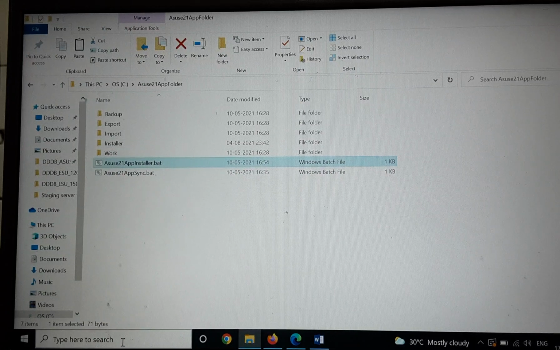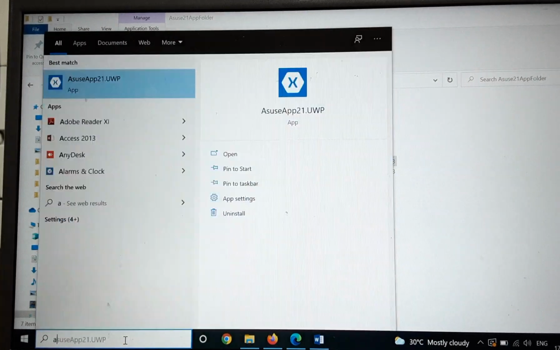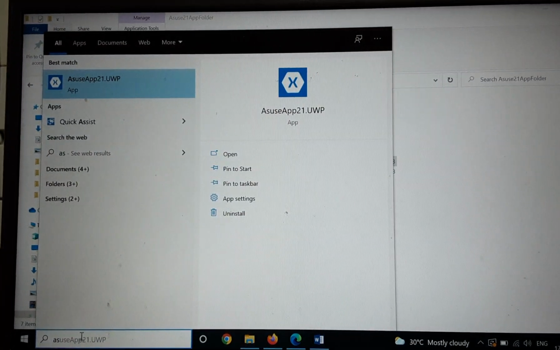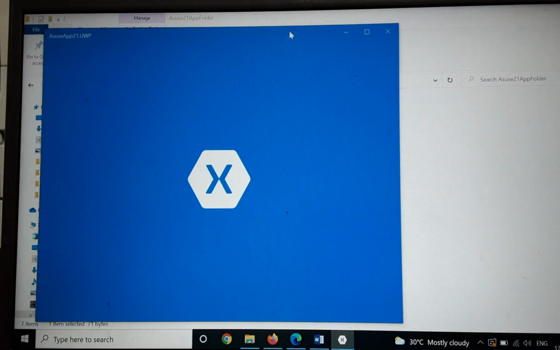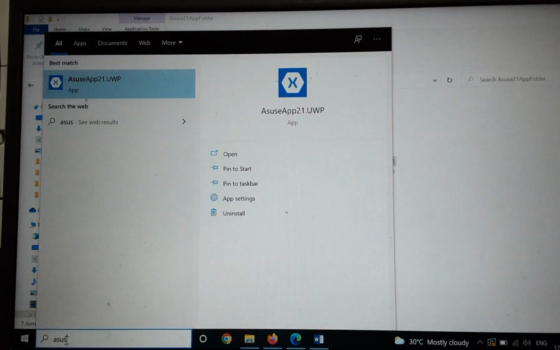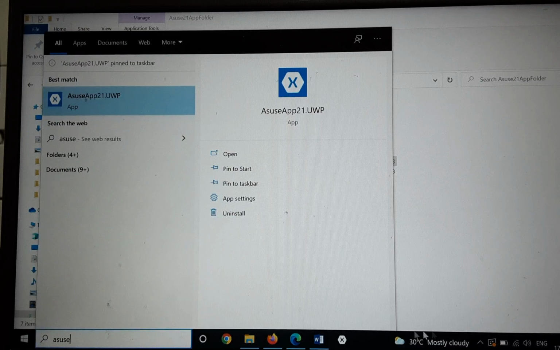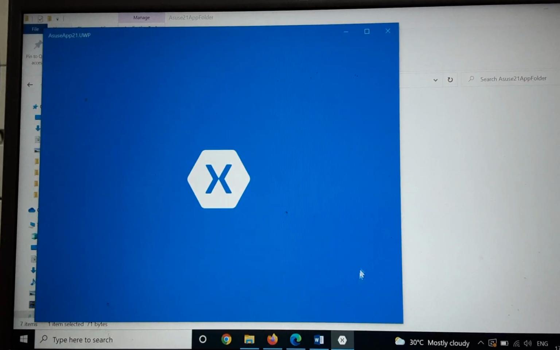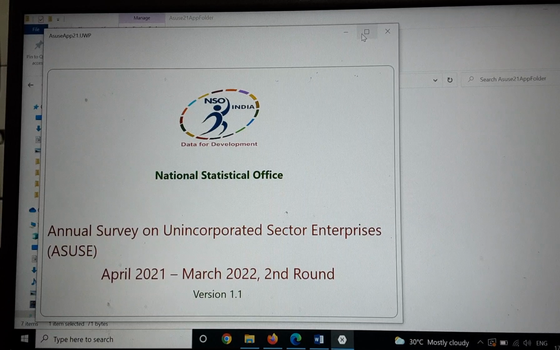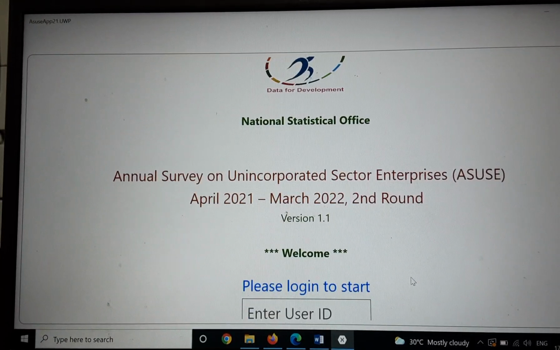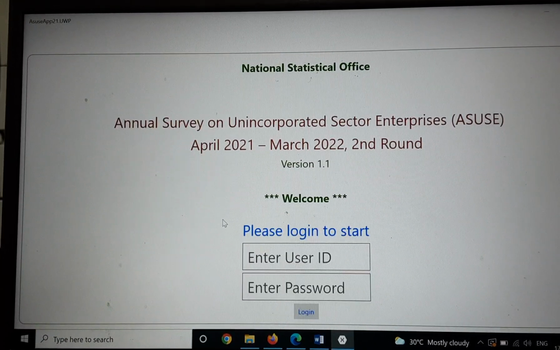So our application has been installed. This is the application that has been installed. What we can do is pin this application to our taskbar for ease of our work. So this is the main screen of ASUS round 2 desktop version.